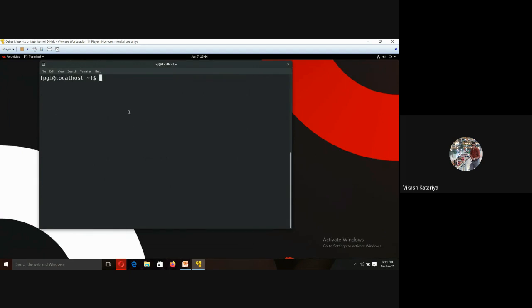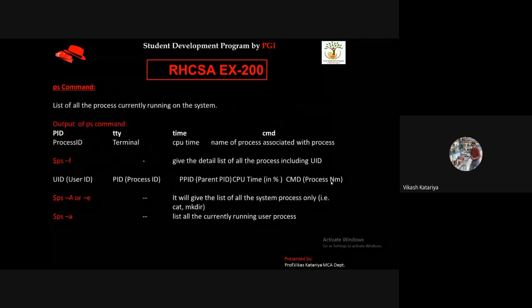Now clear the screen. Next is the process command, that is ps. It will show all the processes running on the system. So this is one kind of process management: how Linux handles so many processes and how it gets detail regarding each and every process.